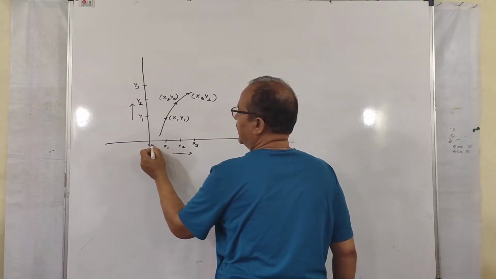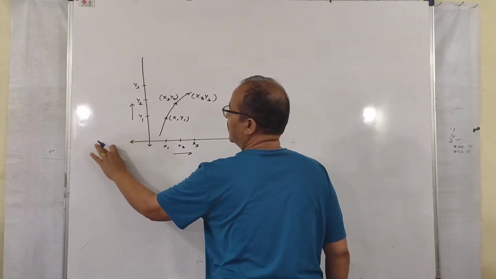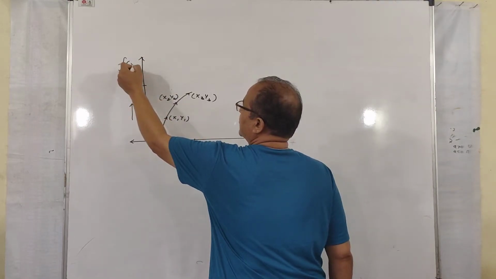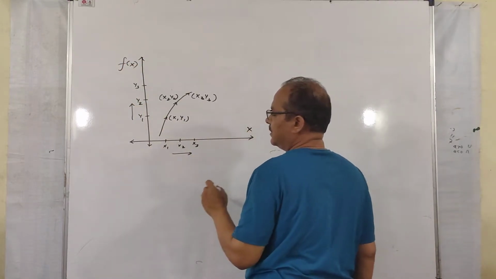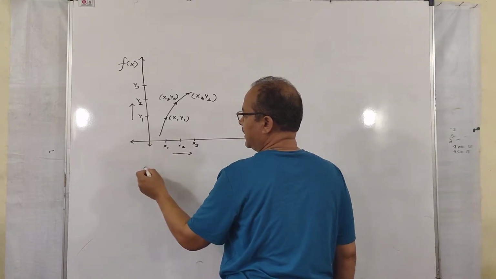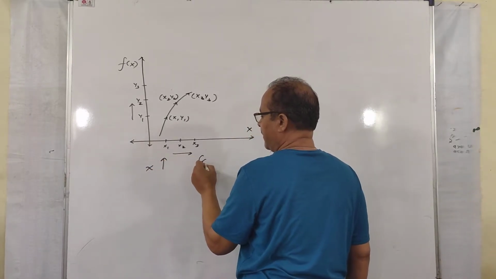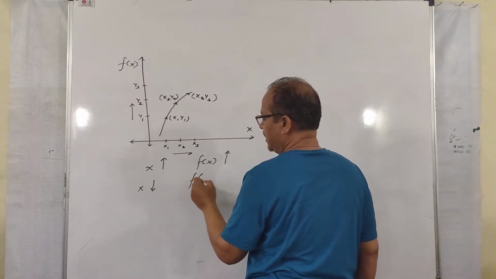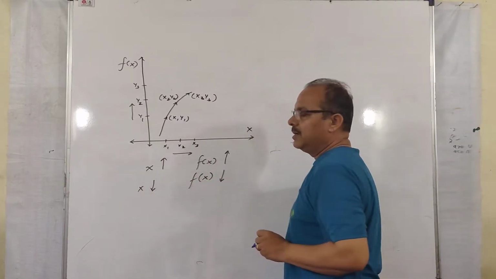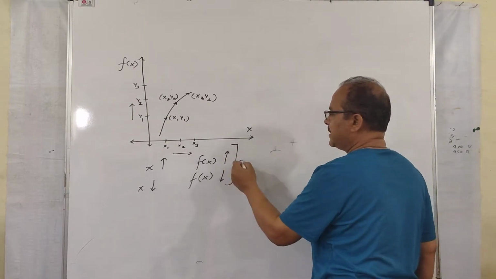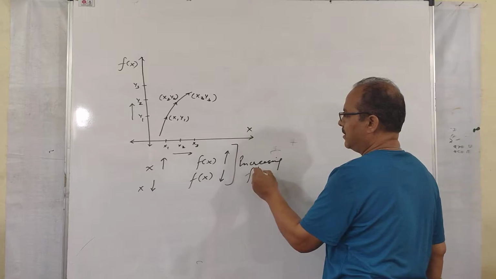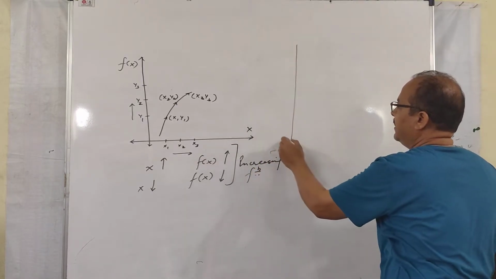Y is the axis here called the range axis, that is f(x), and this is x. So when x increases, f(x) also increases, or when x decreases, f(x) also decreases. We call these functions increasing functions. Okay. Second,